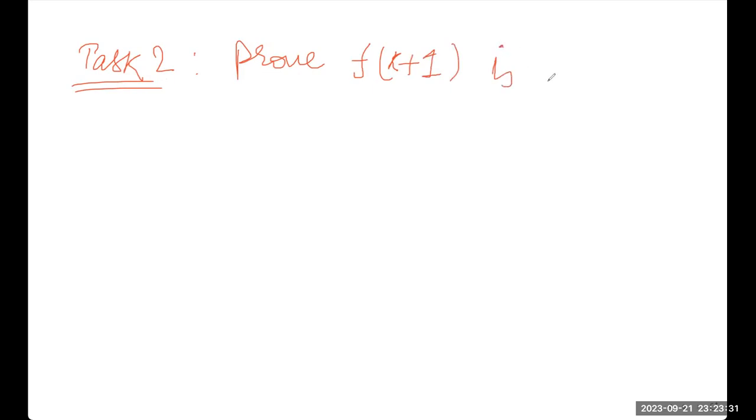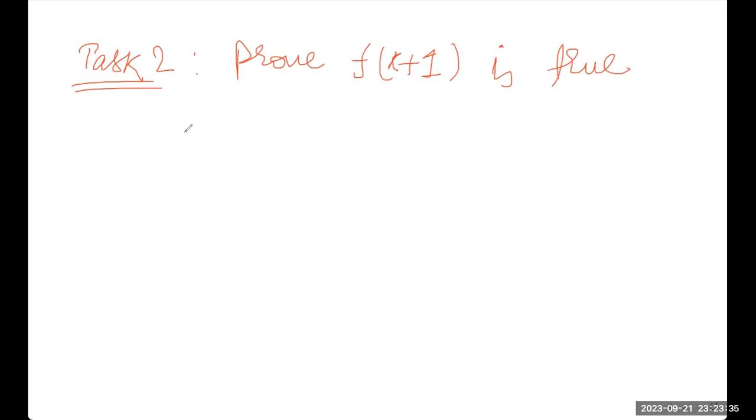Now, is my third screen visible, the new screen visible to you? Guys? Yes. Now there comes task 2. PMI says, prove f of k plus 1 is true.